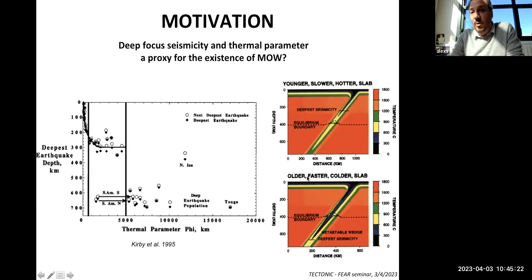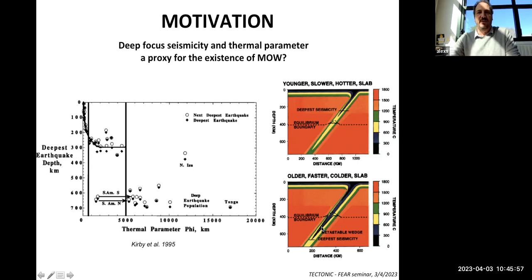Whereas if you have a very old and fast descending slab, or very cold, basically you can have a very cold anomaly that penetrates far into the transition zone here between 400 and 600 kilometers, and you see that you have a piece of the slab here that remains below the 600 isotherm, and so basically the